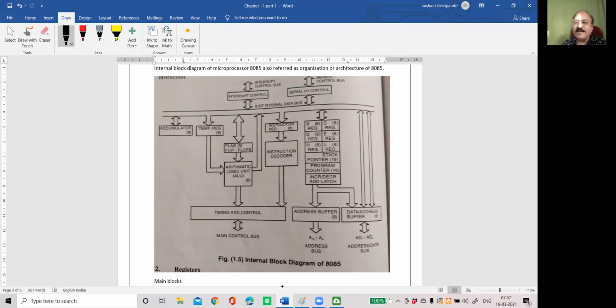Then it will read the data, that is the instruction, and it will again come to the bus. Now, when we say bus, where will it come? It will come to the least significant bits, AD0 to AD7. From AD0 to AD7, via this internal bus, it will go to the instruction register. At the instruction register, it will wait for some time, temporarily. Then it will go to the instruction decoder.